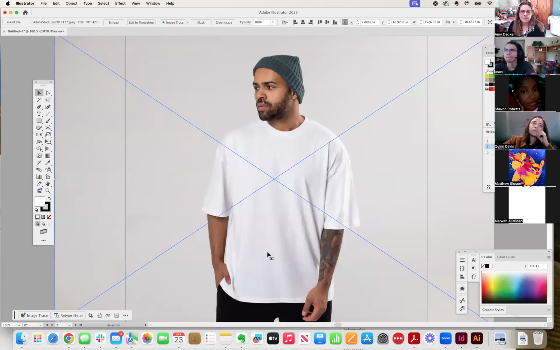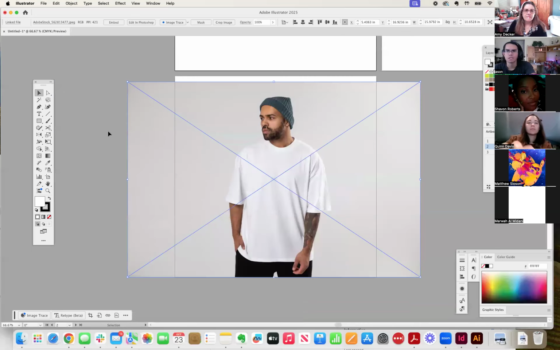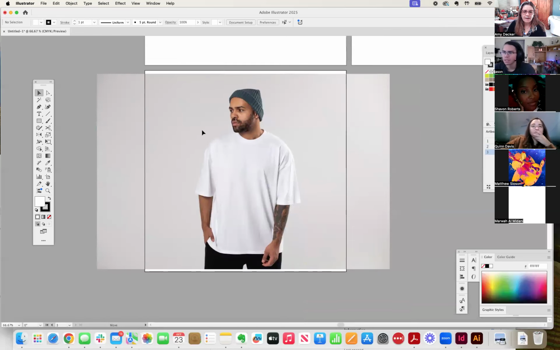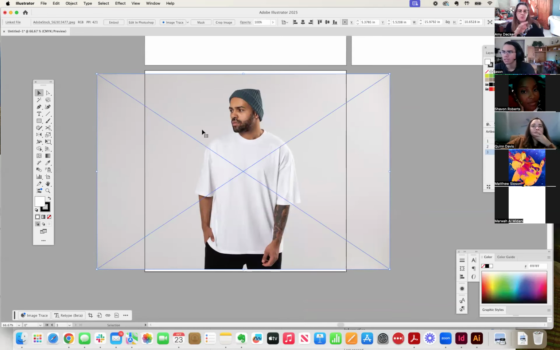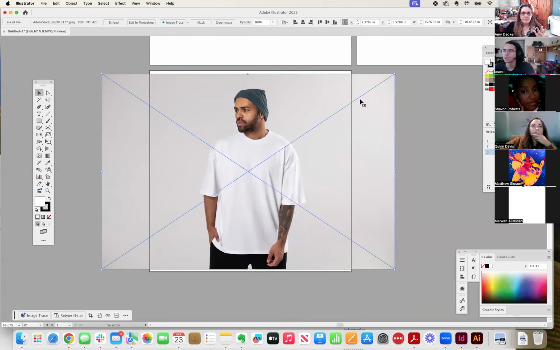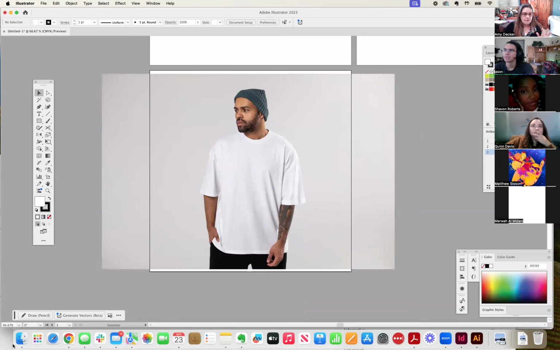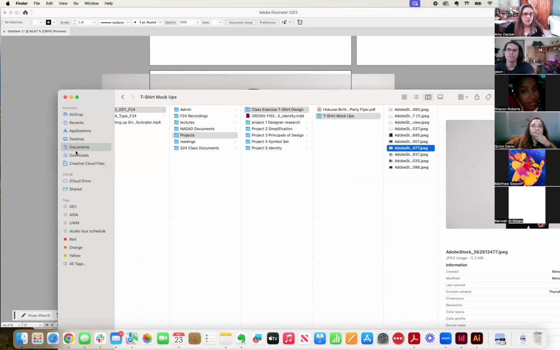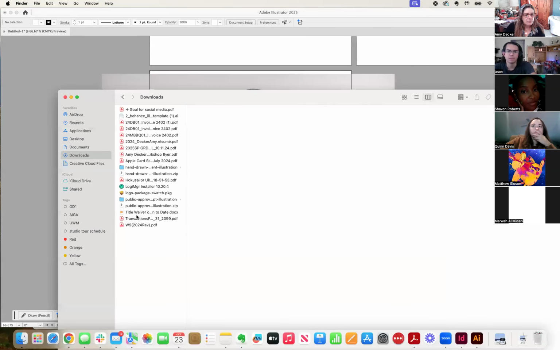Okay. Now Illustrator started this new feature of mockup in Illustrator. Usually you used to have to do all mockups in Photoshop. But we're not using Photoshop really this semester. We're really focusing on using Illustrator. And so I want to show you how this works in Illustrator. I'm going to grab Matthew's